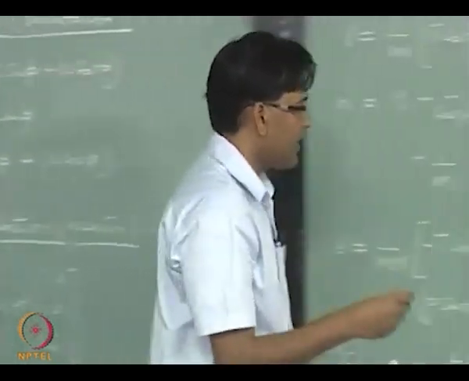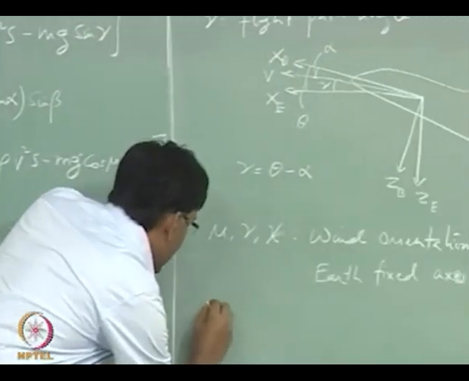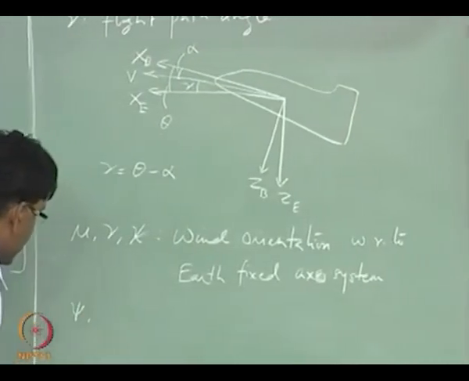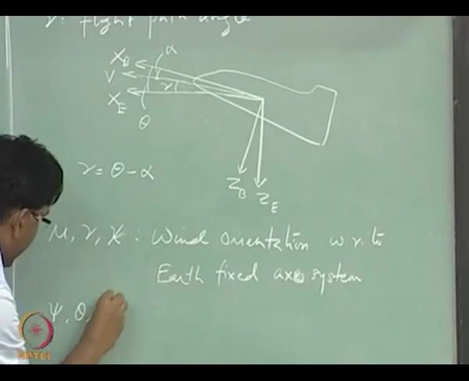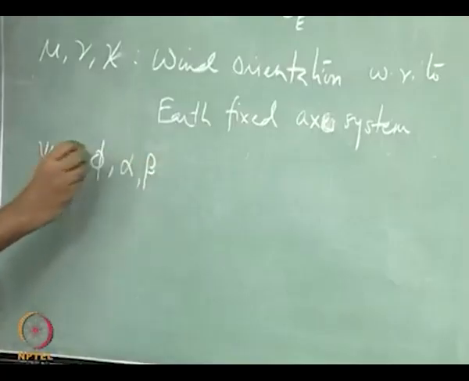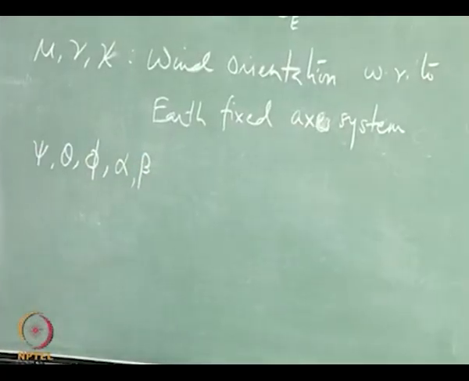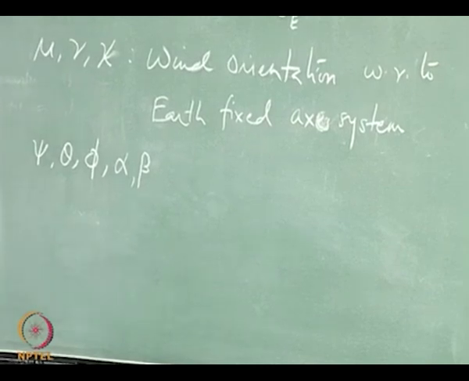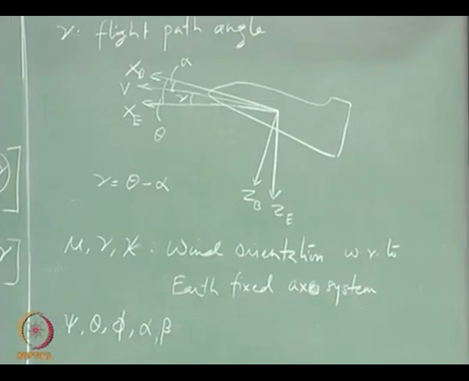So, you will in all have rotations psi, theta, phi and alpha, beta, 5 rotations, and then you can find components of any vector which we know in the earth fixed axis system. I can find the component of that vector in the wind fixed axis system using 5 rotation matrices,